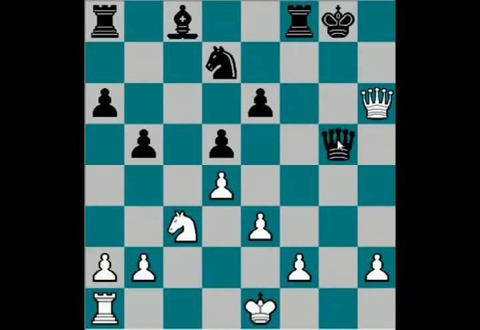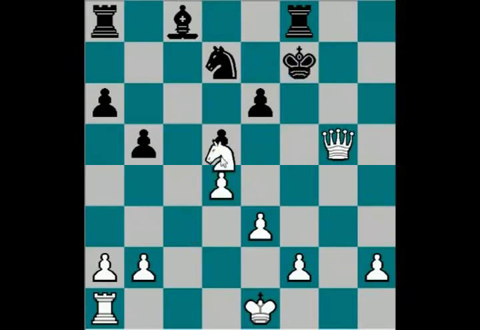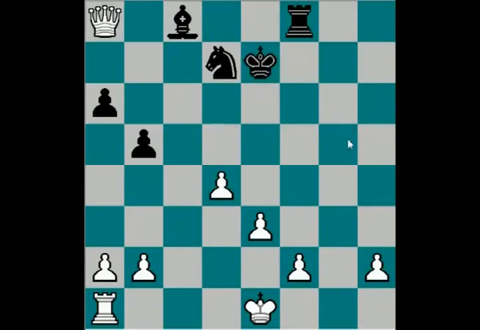queen takes g5, queen takes g5, king f7, knight takes d5. Now if pawn takes, queen takes d5, check, taking the rook. Well, and after knight takes d5, actually that's what was played. I see absolutely no point in continuing with this game. You see a quick disaster. And again,